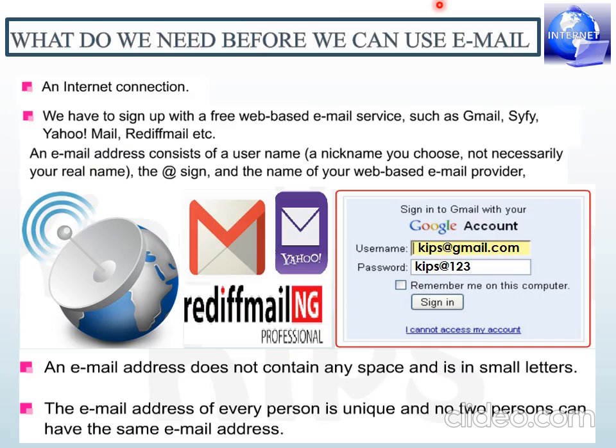The next one. What do we need before we use any email? What are the requirements for it? You just need an internet connection, and you just need to sign in to any web-based email. Like I've said, this is Gmail or Yahoo or Rediff or any kind of service provider. Yes, and then I'll explain what you require when you want to